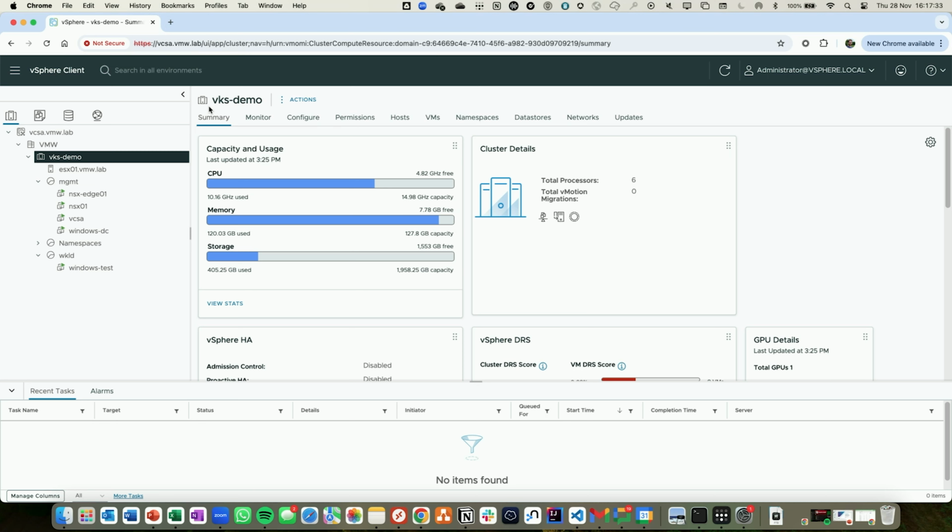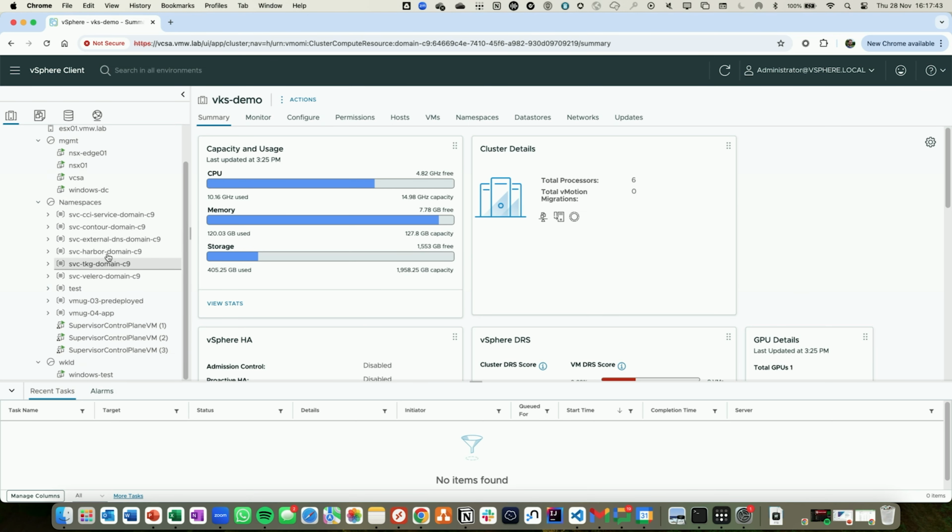What happens when we deploy the supervisor is we get a new resource pool created in vCenter for us called namespaces, which is where those vSphere namespaces will appear. There are a few already created. I have some supervisor services already deployed. So you can see, for example, Harbor is running here as my image registry, and I have a few custom namespaces which I've added in case a demo goes wrong later on. And you can see underneath here are 3 supervisor control plane VMs which come together to create that control plane